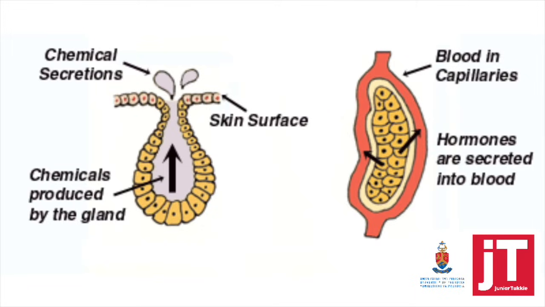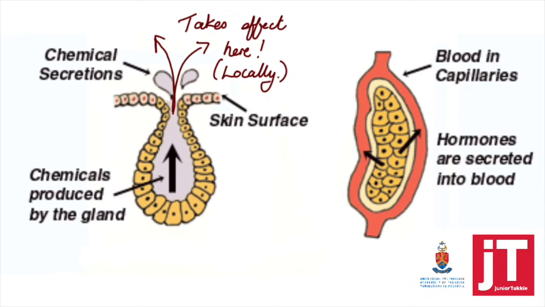Just very quickly, I've added these two images to help us better understand how this exactly works. So if we look at the first gland, we see that these secretions are leaving the gland and are going to take effect right there. Okay, so this is an area that is local to where the gland is, and this gland can be classified